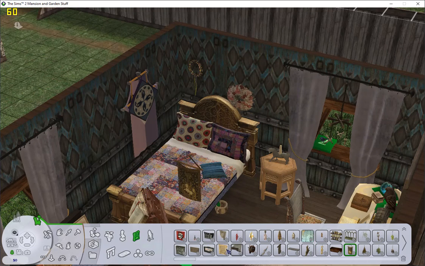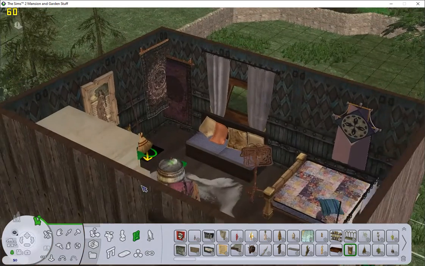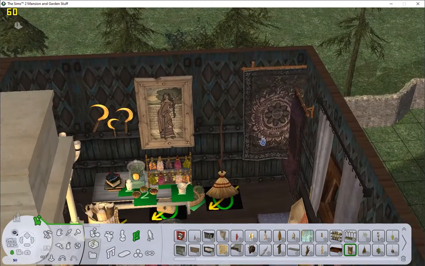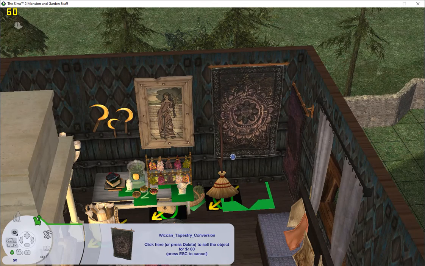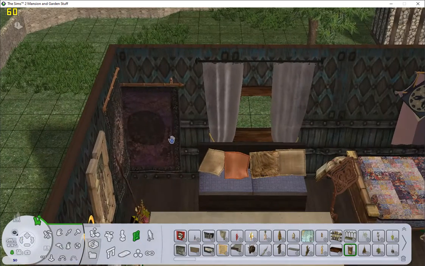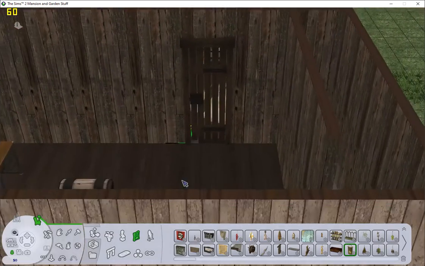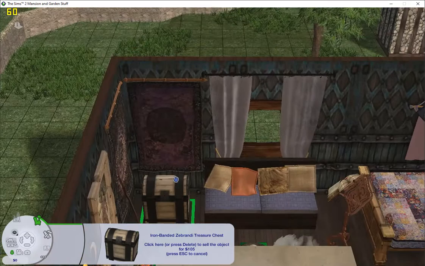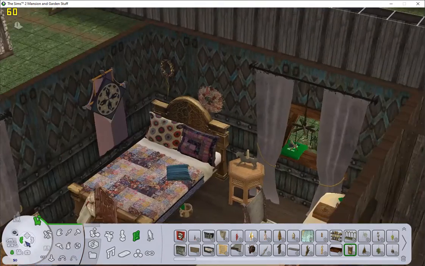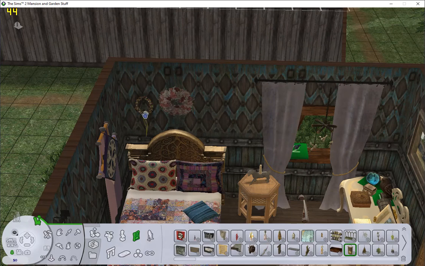Down to the tapestry? No. Okay, so one last time, let's turn on our fun little cheat here and move some tapestries. Let's go back a little bit more. Move some tapestries. Grab the chest. I'm gonna leave that there. I want this right above the bed, like centered. And then this I want kind of